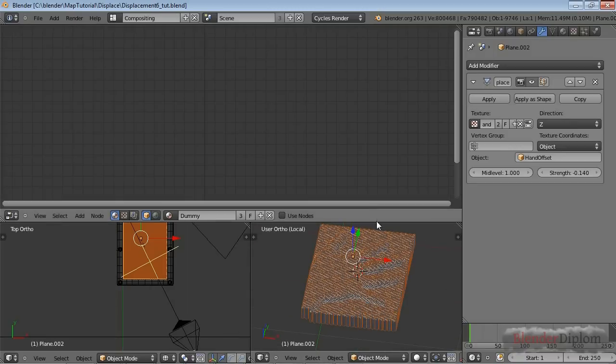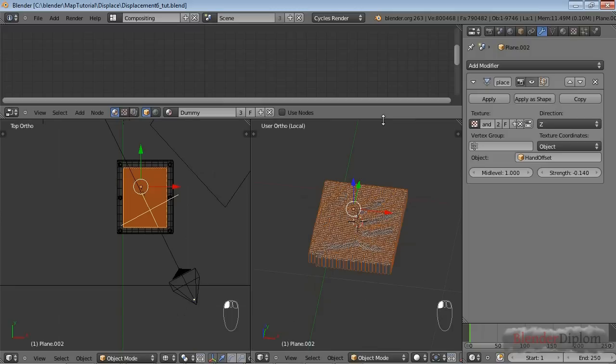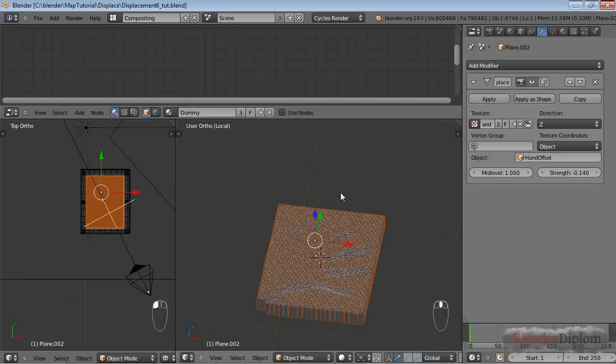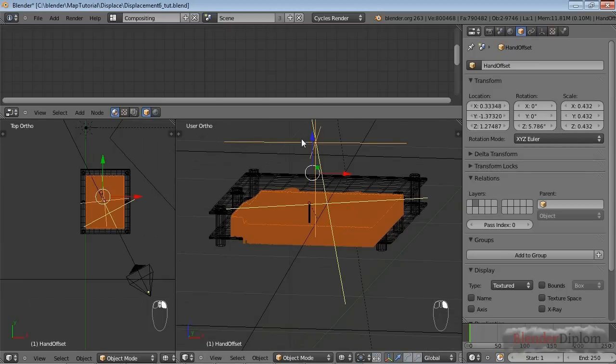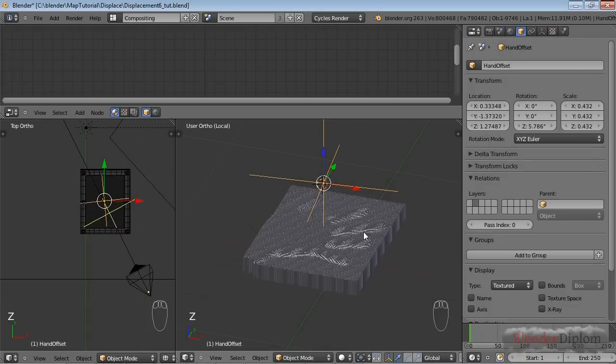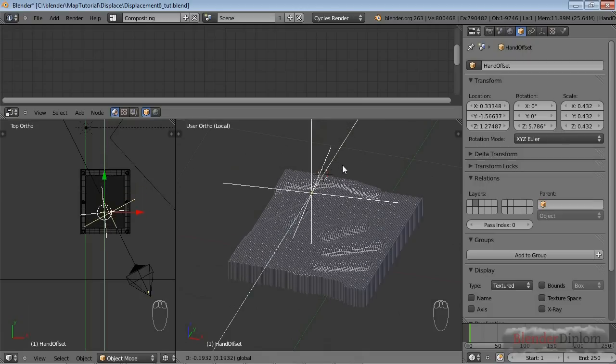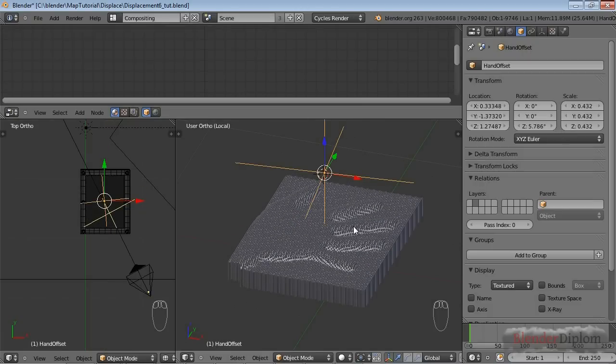Another thing about the input is you can of course UV unwrap this and then use the right dimensions of your displacement image or movie, but this is something I don't really do. What I like to do is I use an input object, and if you have a look here, you can see that I have an empty here. And if I move this empty, the hand moves with it. So this sort of gives you a live control over your